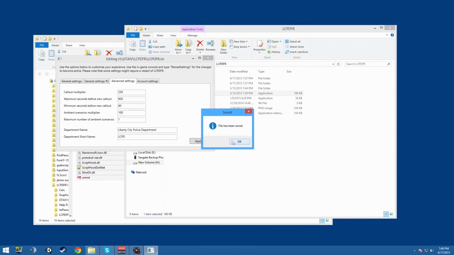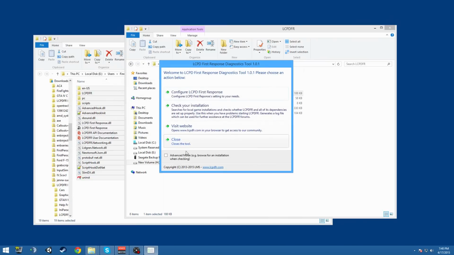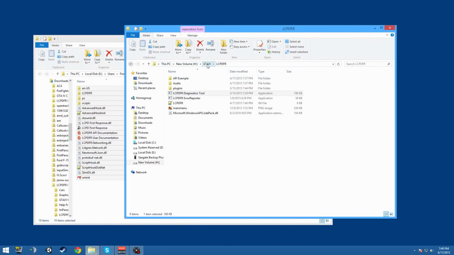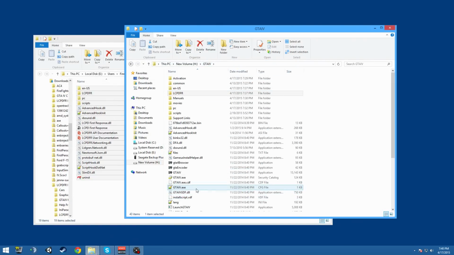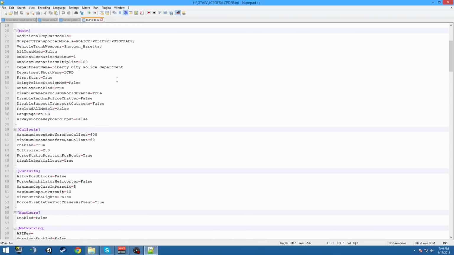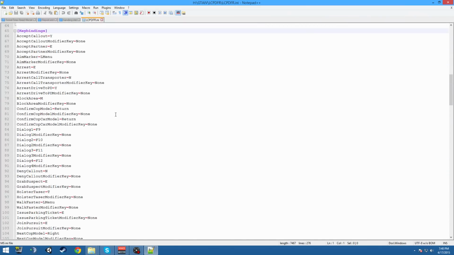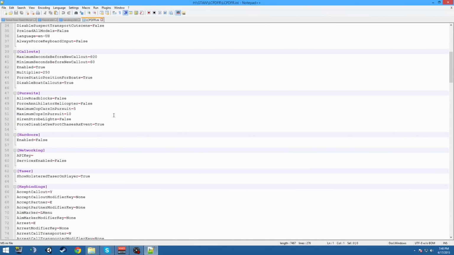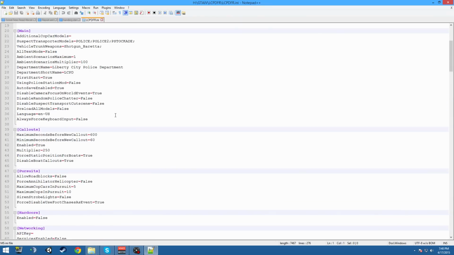And then once you're done with that, you just click apply. So, went through really briefly, just going back through it. We dragged and dropped everything into a clean build. We went into LCPDFR, and you can go into a raw edit of this INI file if you want. So here's all the same raw data and so forth. And you don't have to do that, but if you feel more comfortable coming in here,